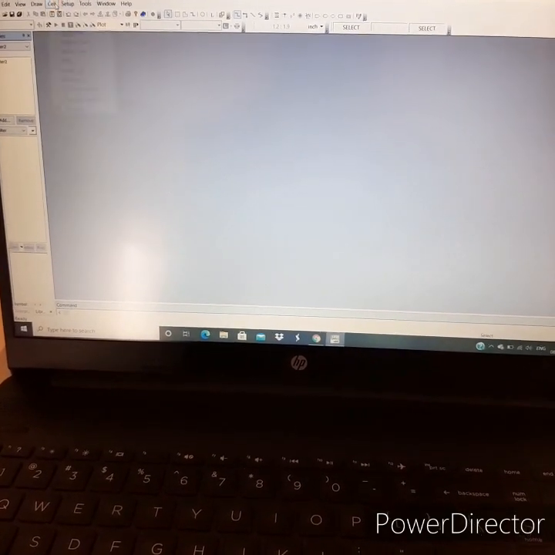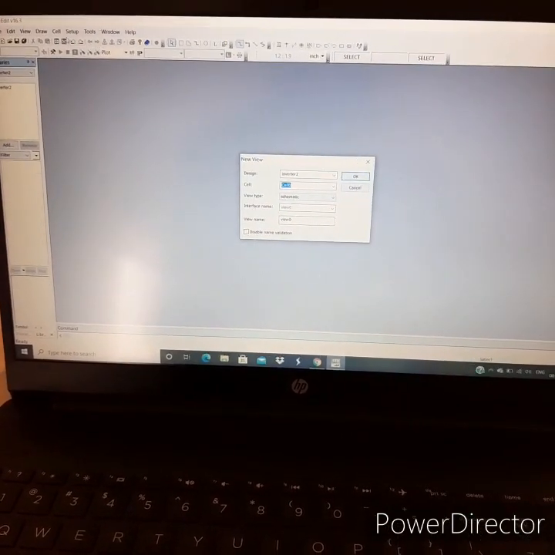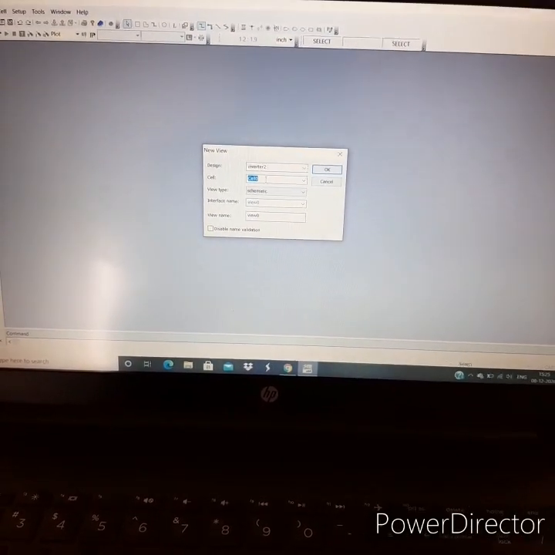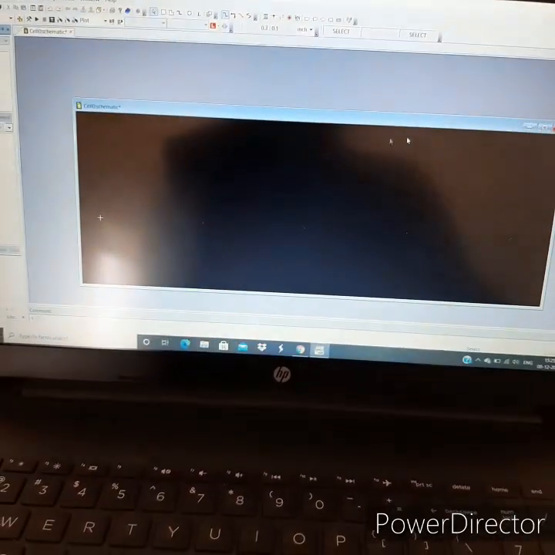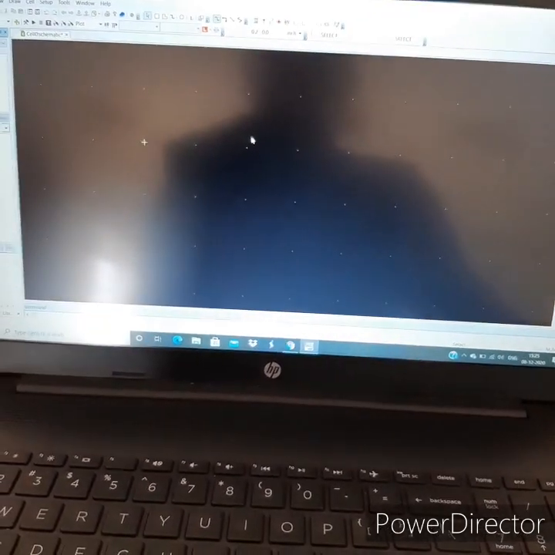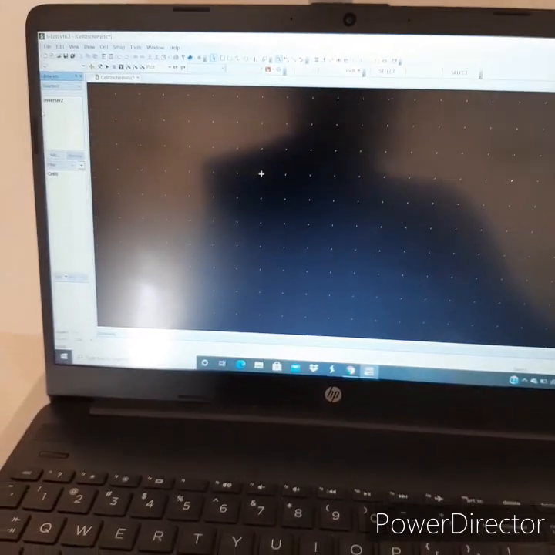Then go to Cell, New View, check that it shows cell 0 as cell, then click OK. The design box will open. Then go to the library section.